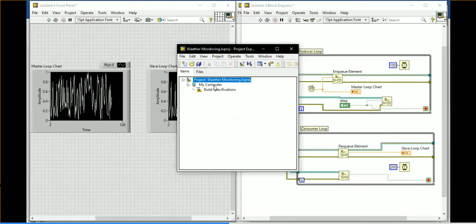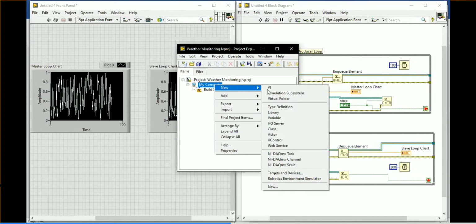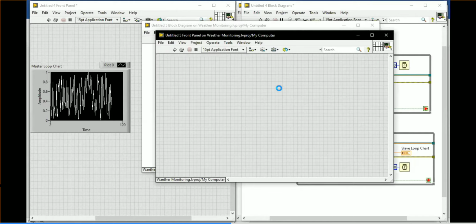Now I am going to create the VI here. How to create the VI is very simple. If I am going very fast, and you want me to repeat a step, kindly stop me, tell me in the comments, and I will stop and repeat it again. If you want to create a new VI, right click on My Computer, and New VI will be available.